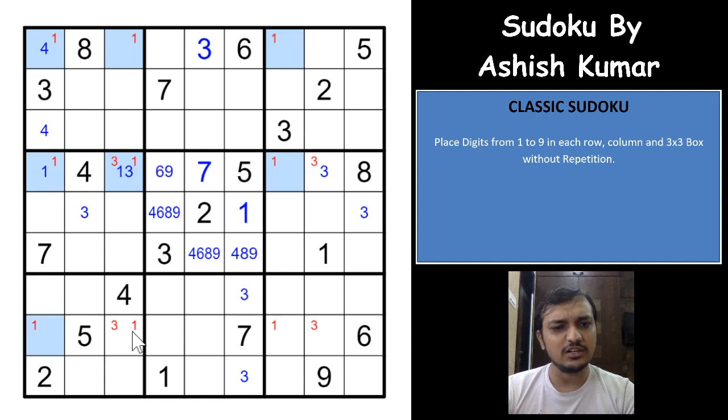Swordfish is nothing but an extended version of the X-wing. We use the X-wing in 2 rows or in 2 columns, which exactly uses the same 2 cells in both of the rows and columns, right? And same way the swordfish works with 3 rows and 3 columns, right? So as you can see here, it works in these 3 rows and 3 columns. So the 1 has to be placed in these 3 rows, and it uses exactly these 3 columns, right? Which means that all other cells of 1 in these 3 columns can be eliminated. You cannot have 1 in any of these 3 columns except those 3 cells which we have already marked with the blue color.